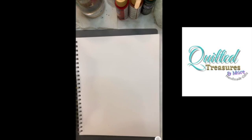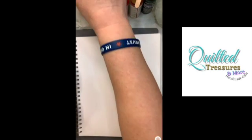Hey, it's Sandy with Quilted Treasures and More here with a technique tip. Today I'm going to look at doing the leopard print that you see from time to time on various door hangers and other